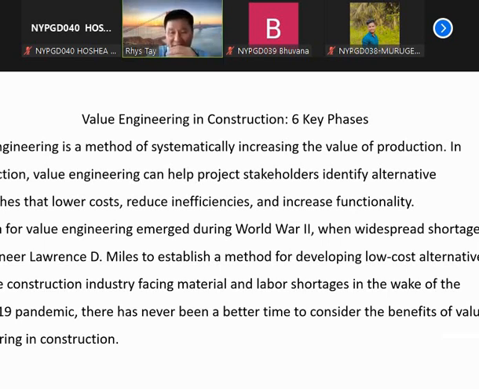For example, a mechanical equipment. For example, in a control system, instrumentation, building automation. These can all be classified under value engineering, where value engineering is a method of systematically increasing